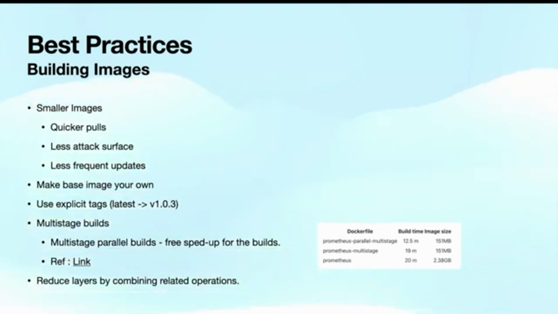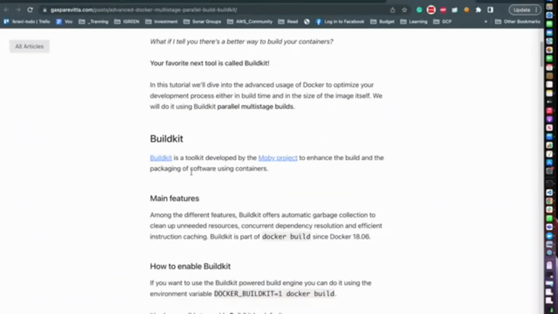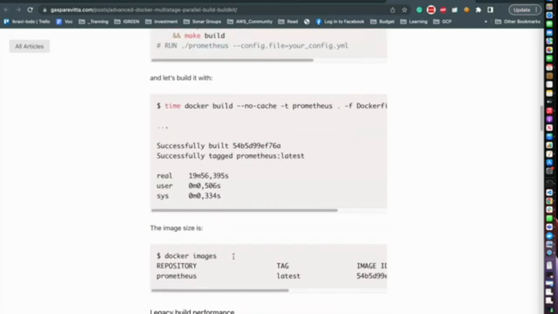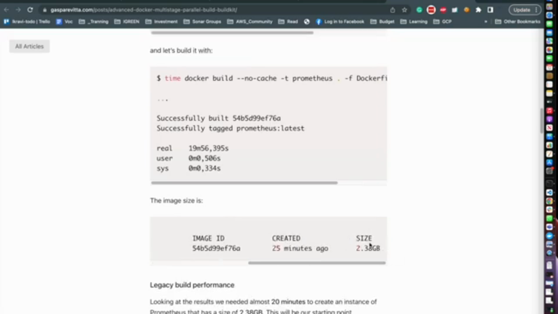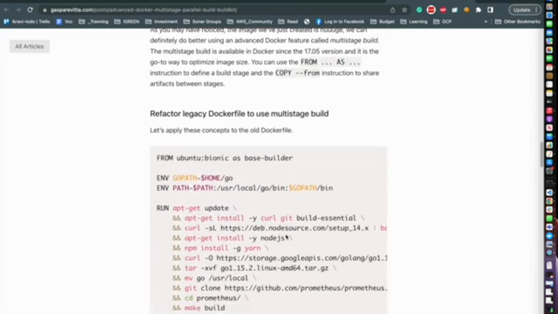If I quickly show you this example, in this Prometheus build, it downloads all the required dependencies and builds in a single Docker file like this. This is the one example we have shown you. So it's taking around 25 minutes with 2.38 GB in size. But if you